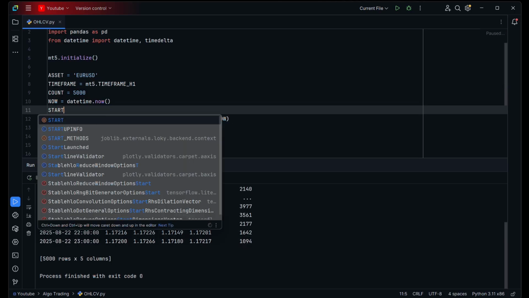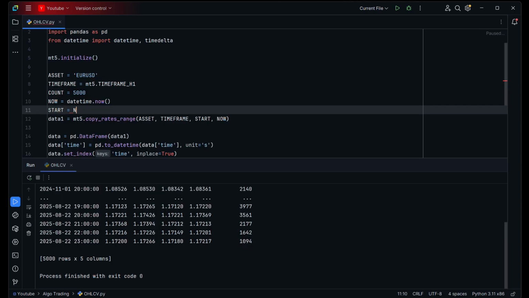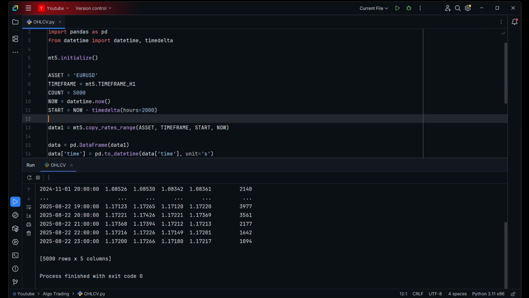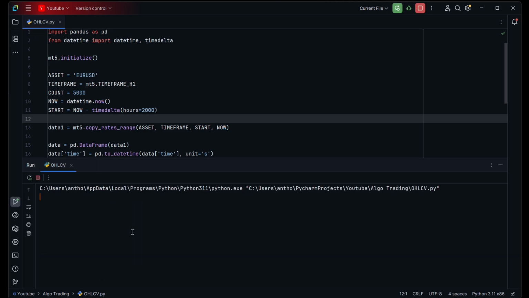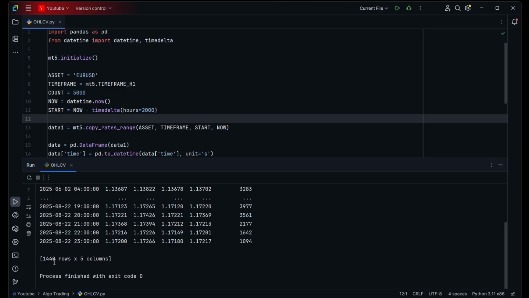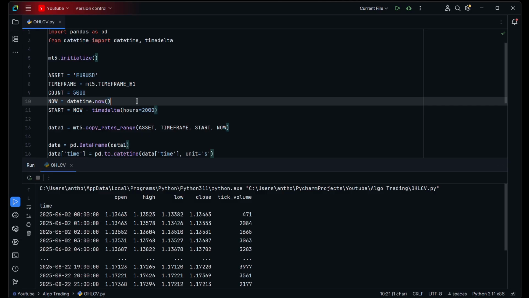And we will initialize start as now minus timedelta, and as we're extracting hours, I'll put hours equals, for instance, I don't know, 2000. And so now we will download the 2000 last bars. So here you see it's 5000 rows, here it will be 2000. Whoa, this is really weird. Yeah, it's not 2000 because